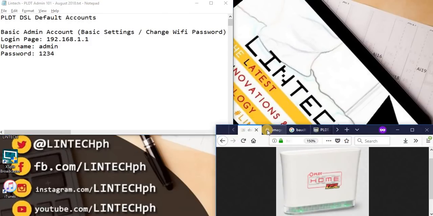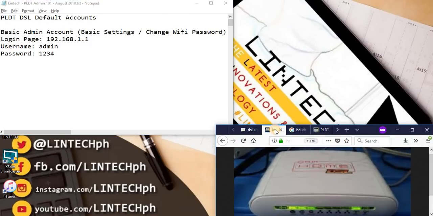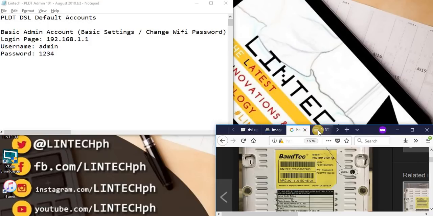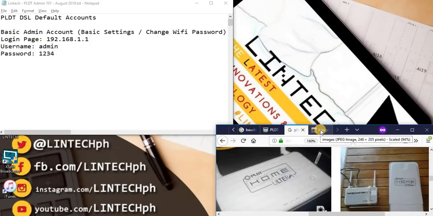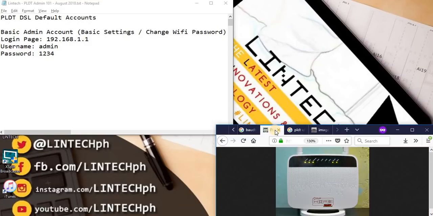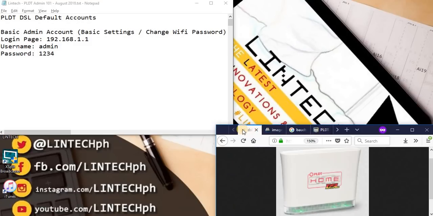As an example, as you can see here, we have several types of PLDT routers, from Ultera to Fibr, iGateway, Lintech, and iba-iba. And even the most common one, which is ProLink. I have 10 new accounts today to show you alin ba talaga yung right password that you can use